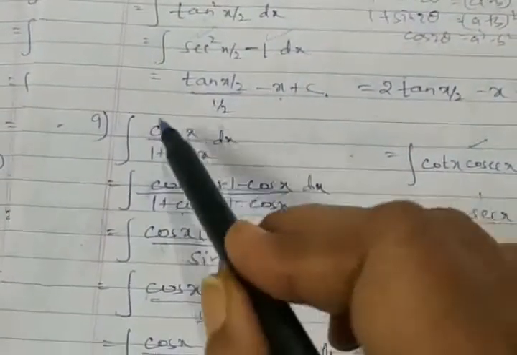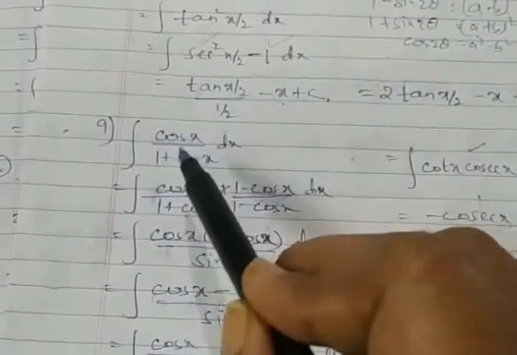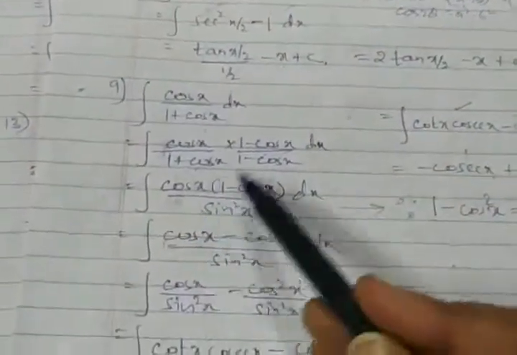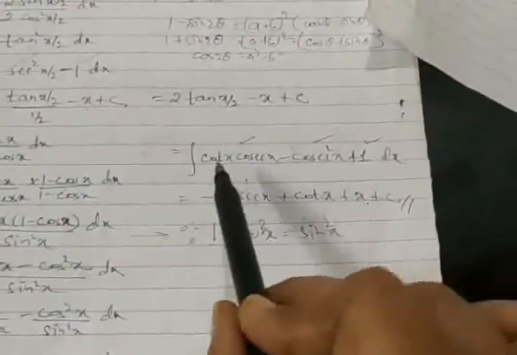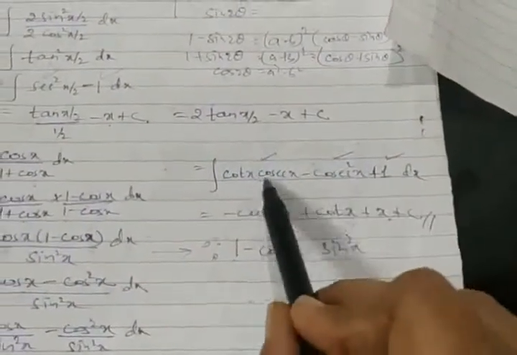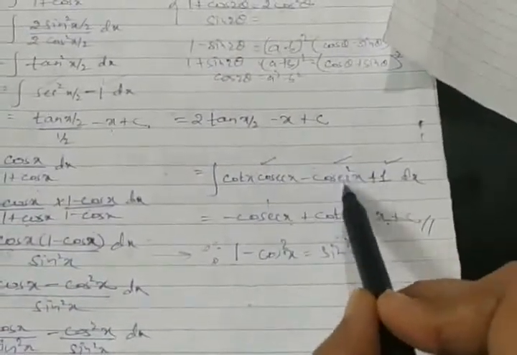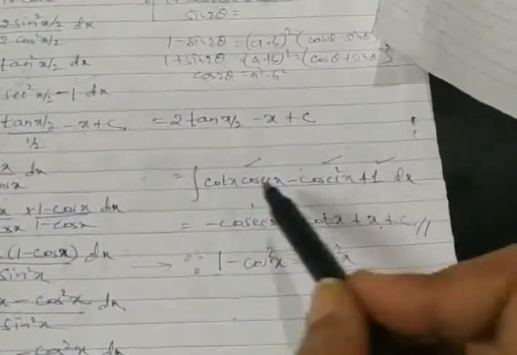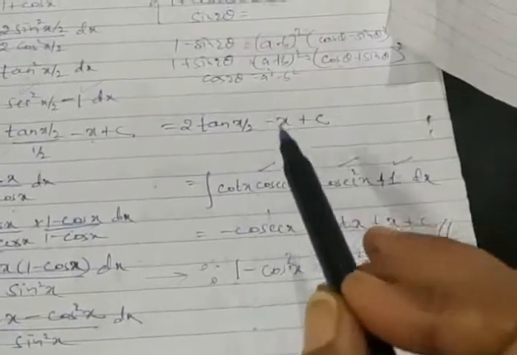And moreover, for the function f of x, this f of x should not have division, should not have multiplication, should be split. And for this, we modified all the steps in such a way that the whole result goes to plus or minus, and each term is a standard result. Cot into cosec, cosecant square might be, or a constant term, might be sin x, cos x, tan x, cosec x, the terms which are there in the list of formulas.